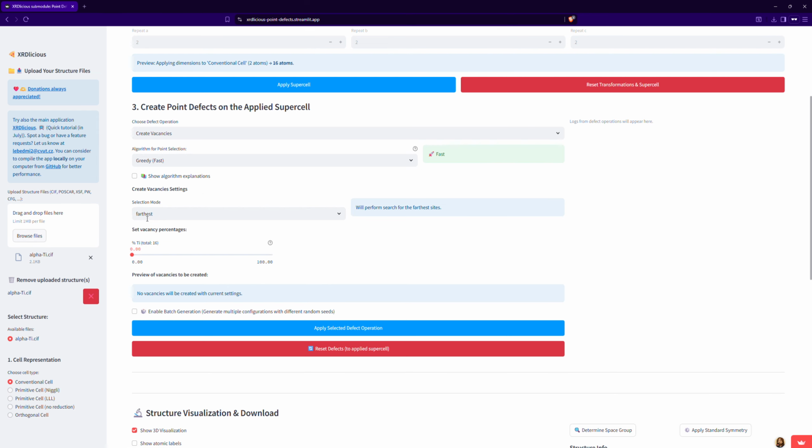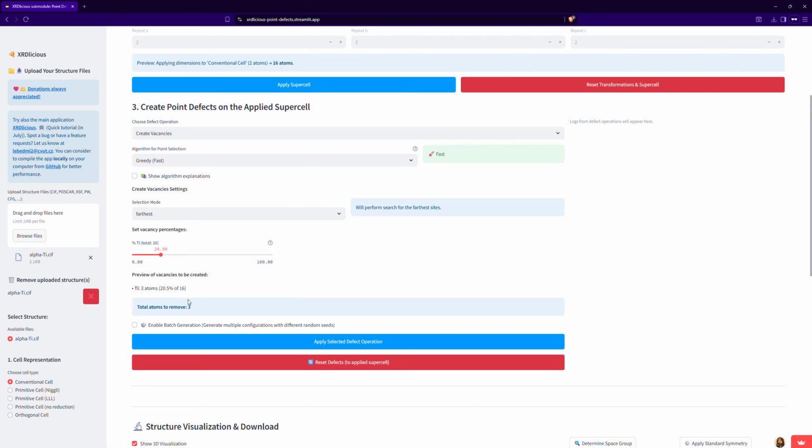So let's say I want to place 20% of vacancies, so 3 atoms will be removed, and place them as far away as possible from each other in this structure. And I can select which algorithm to use. So the reasonably fast one is this greedy one,